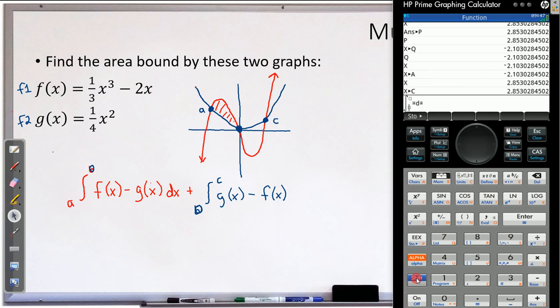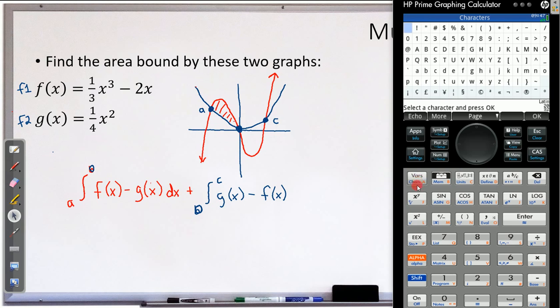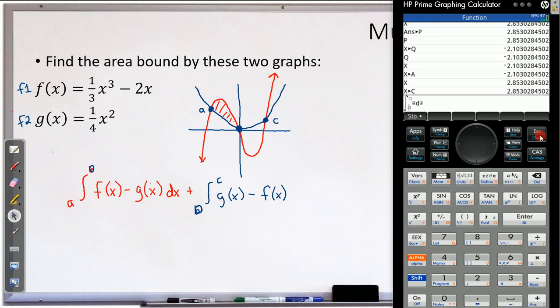From A, so type in A. Oh, that is not what I wanted. Escape. Alpha A. To 0. We need to do F minus G. Well, that's F1 minus F2. So type in F1 at x minus F2 at x, comma dx,